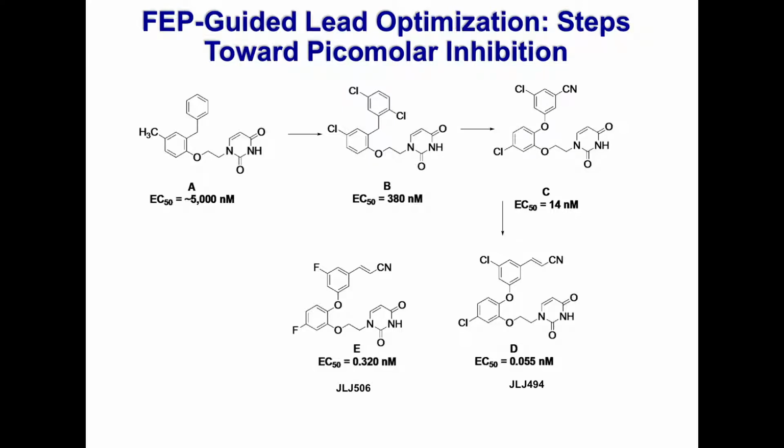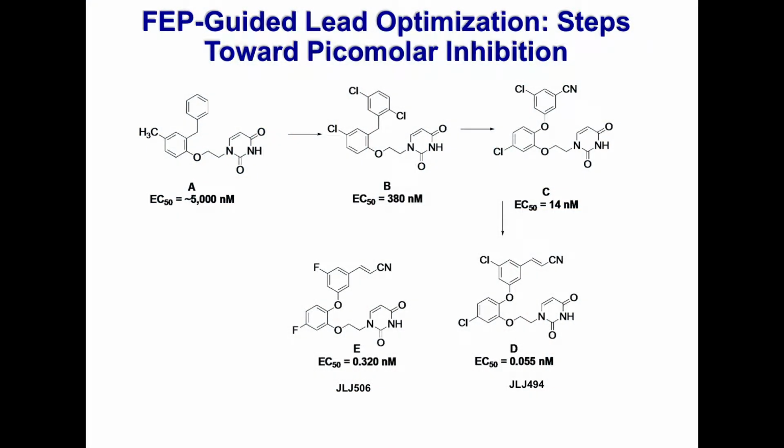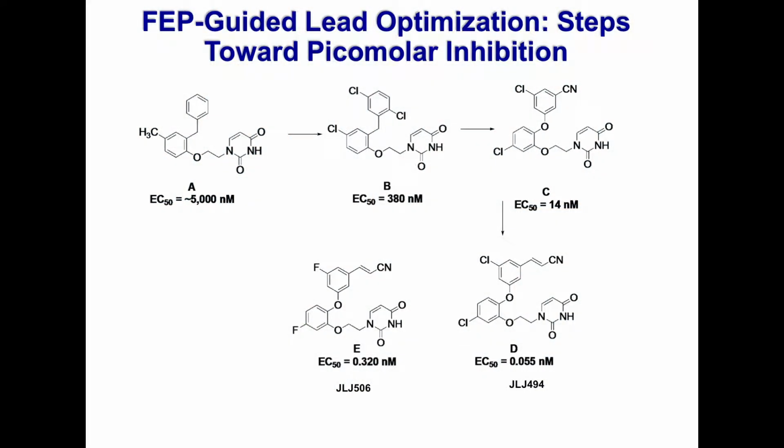I mentioned that we started out with a 5 micromolar hit, and this is just the impact of changing that functionality. If we start to put chlorines on, as I mentioned, with this chlorine scan to try to improve potency, we can go down to sort of the mid-nanomolar range. Then we put a cyano group on here, we can further improve that. So this is the pathway toward getting very potent picomolar inhibitors, putting a cyanovinyl group in this position, and these are actually 2 of our very early key compounds that have picomolar activity in cell culture.